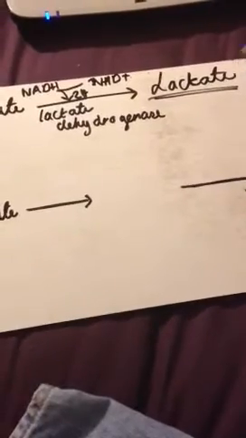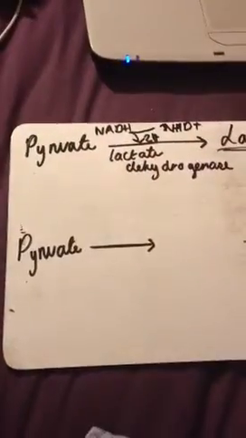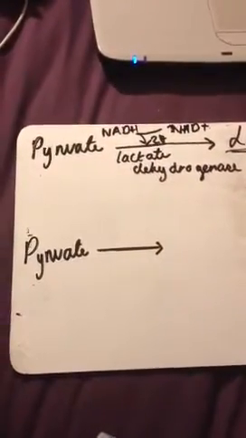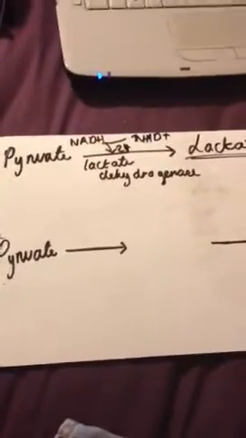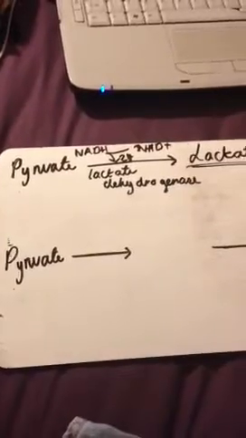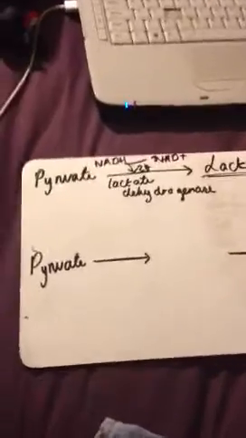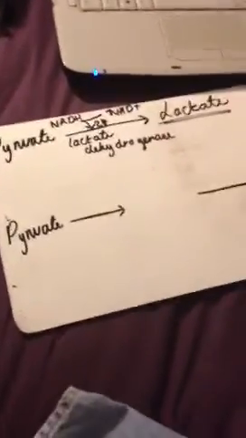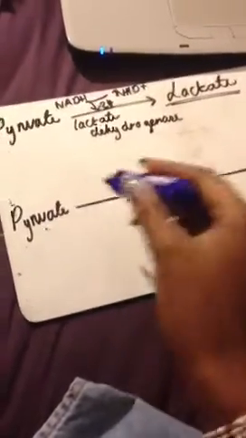Now what happens to lactate is it gets transported in the blood to the liver, where, when more oxygen is available, it gets converted back into pyruvate and can then go straight into the link reaction, where it can be turned into acetate and then do the Krebs cycle and go forward into aerobic respiration, where it can be oxidatively phosphorylated. Now in yeast cells or plant cells, we have alcohol fermentation, but we still have our pyruvate